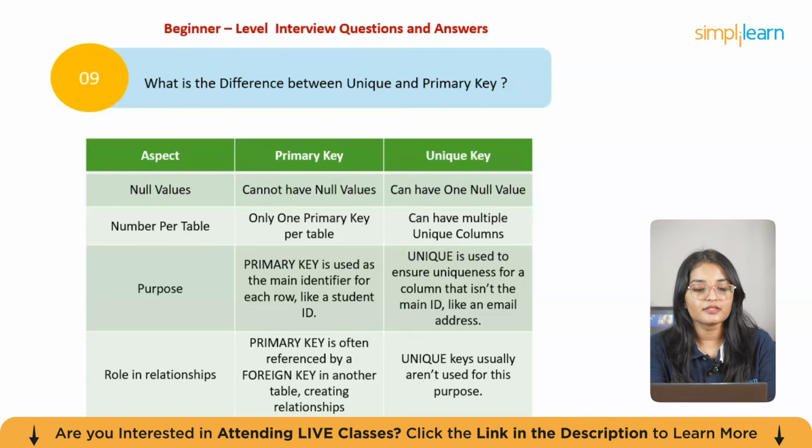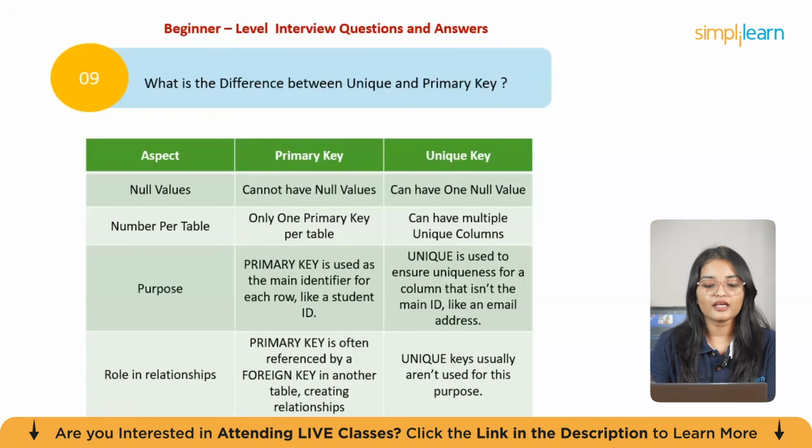Talking about the purpose, primary key is used as the main identifier for each row, like a student ID. Unique key is used to ensure uniqueness for a column that isn't the main ID. It's just like an email address. Next is the role in relationships. Primary key is often referenced by a foreign key in another table, creating relationships, whereas unique keys aren't usually used